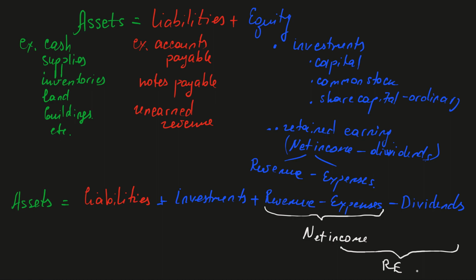So that's basically the expansion of our accounting equation. I hope you find it useful. And before we even move on, I would like to show a couple of things. So here we have a negative minus sign in front of expenses and dividends. Here what I would like to point out, and this is a note that I would like you to keep, is that the higher your expenses and dividends are,